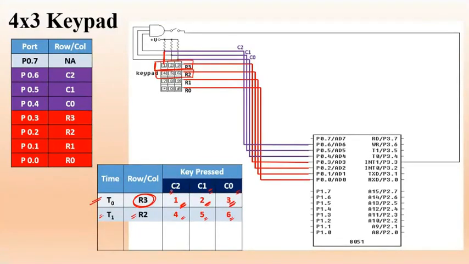Column number 2 will give you the information of key number 4, column number 1 will give you the information of 5, and column number 0 the information of 6. This is column number 0, key number 6. Similarly, you can make the matrix for all the rows and all the columns.